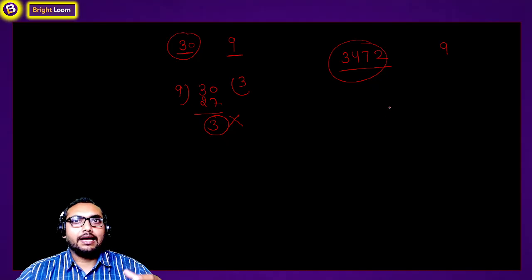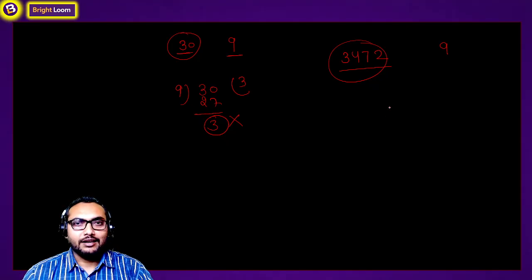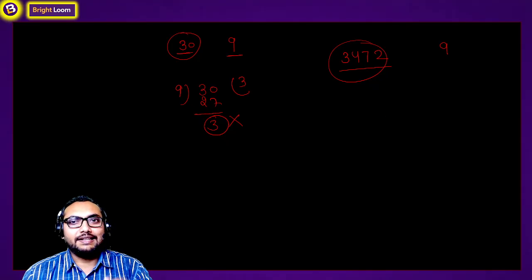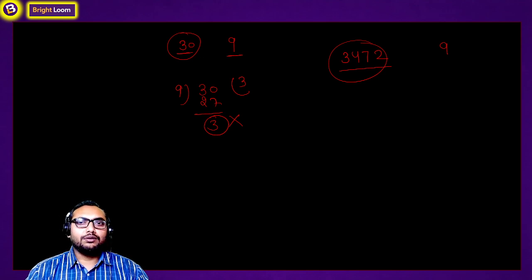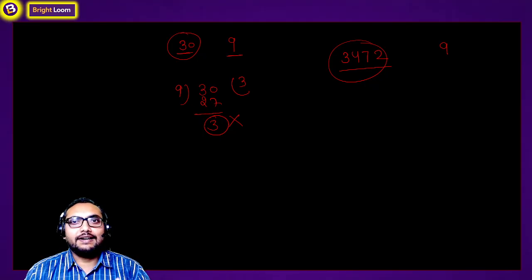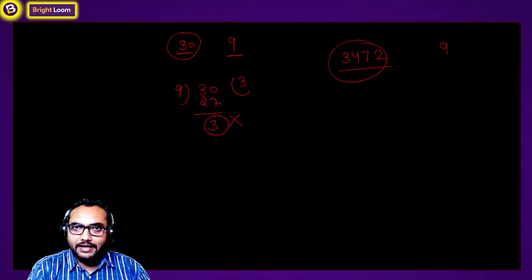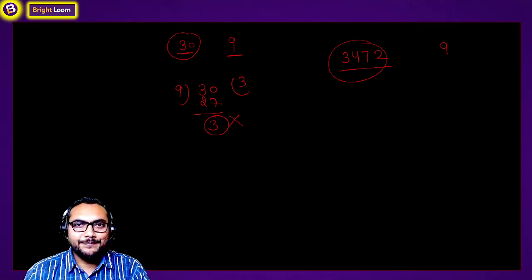So I have something for you all, right? Without using the long division method, without dividing, you can answer whether this number is completely divisible by 9 or not. I can let you know a few rules that you can apply, and without dividing any number you can find out whether that number is completely divisible by any other number or not, right? Are you surprised? Yes, you should be.